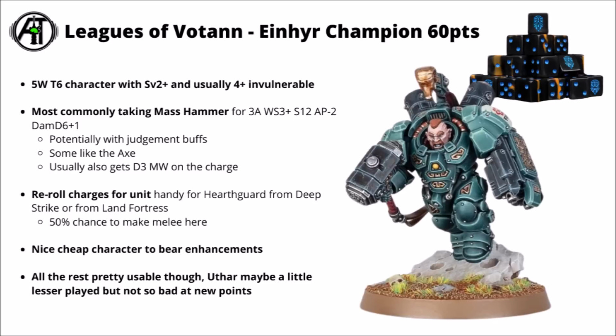A bit more reliably scary against big tanks and vehicles than the concussion gauntlets and things. He also will usually get D3 mortal wounds on the charge, though he could spike a bit higher if he gets lucky. The Darkstar Axe is a bit better against medium infantry, though in general it seems like most people prefer the Mass Hammer. I do think it's probably the better of the two, given it just gives them a